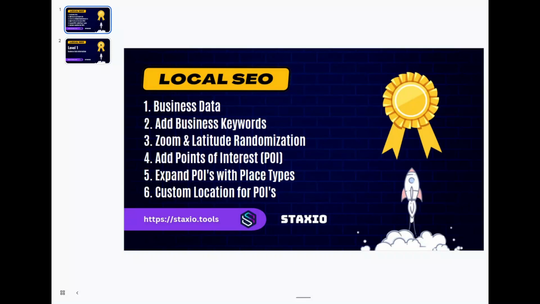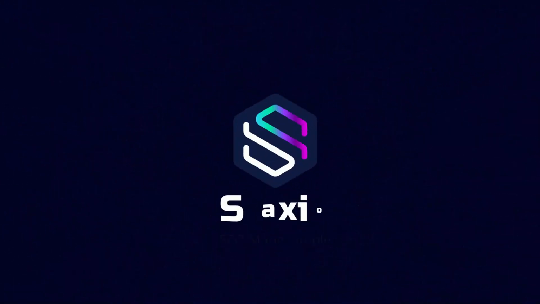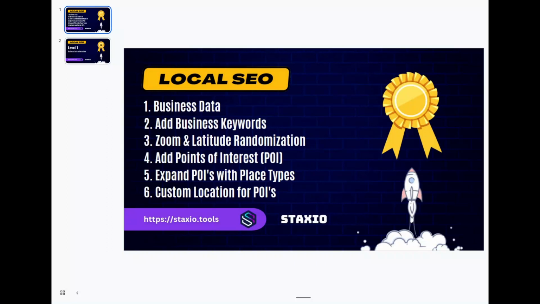Let's deep dive into how we can use Staxio for local SEO. In this first series, we're going to go through the items on this list, and they will all be done and created using the Maps Builder feature of Staxio. And each of these items is going to be a level of data that we're going to be adding into